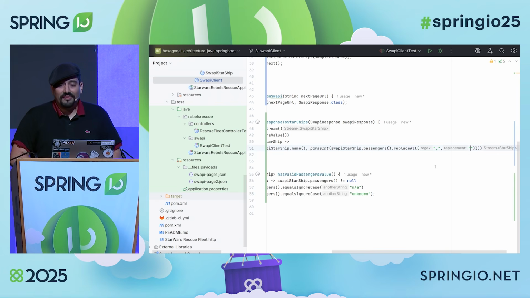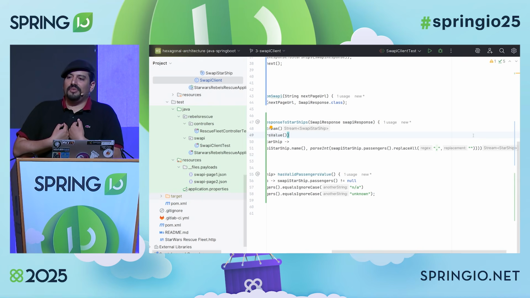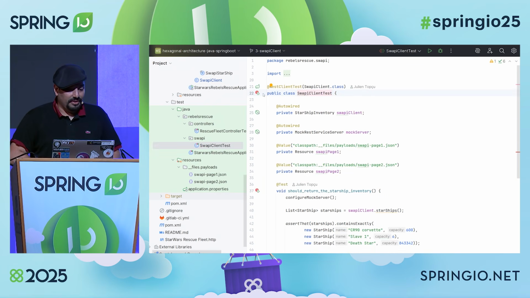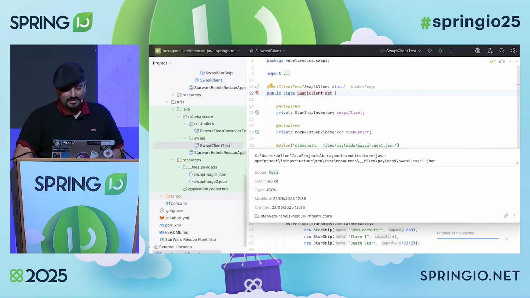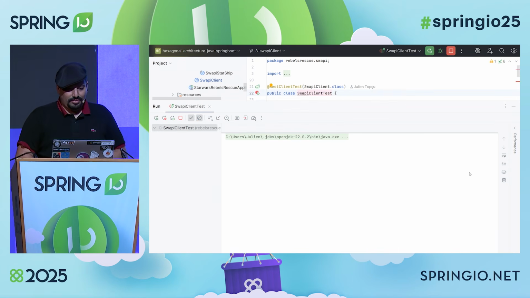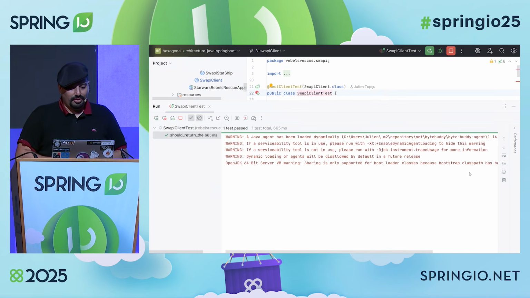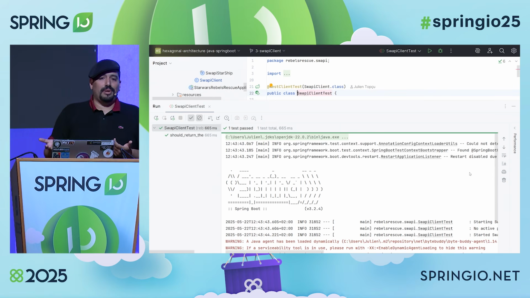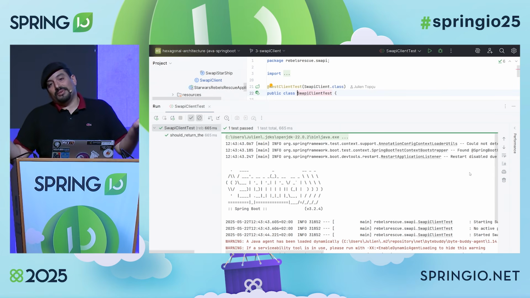So as you may have guessed, my master is ChatGPT. Please don't do that in production. I'm allowed because I'm a professional prompt engineer. You're not. OK. So here, now, if I'm going back to the test, hopefully, it should work that time. So let's cross fingers. OK. Normal errors, but this is green. Great. So now we can integrate with Swappy. I won't be able to show you because they are down today.